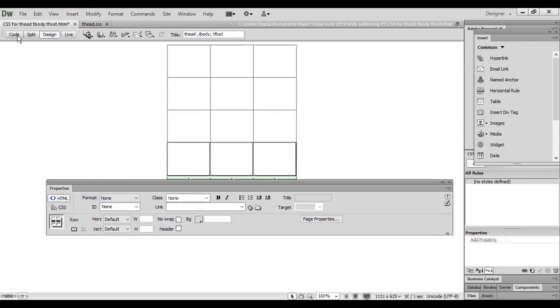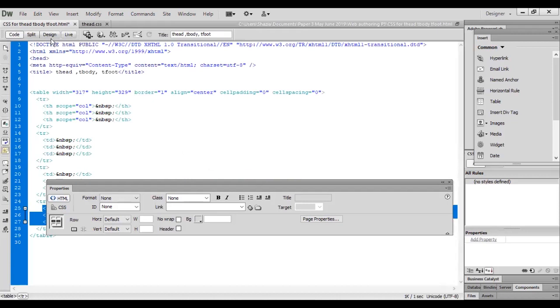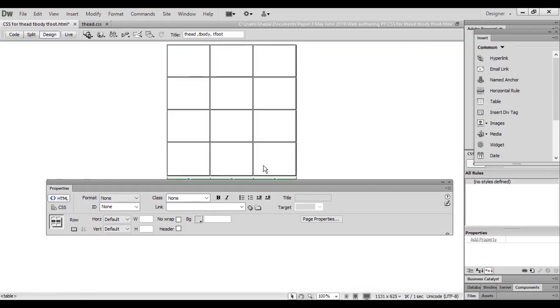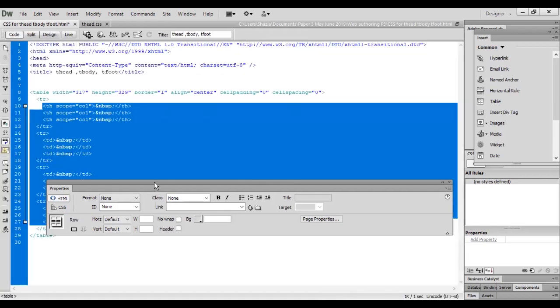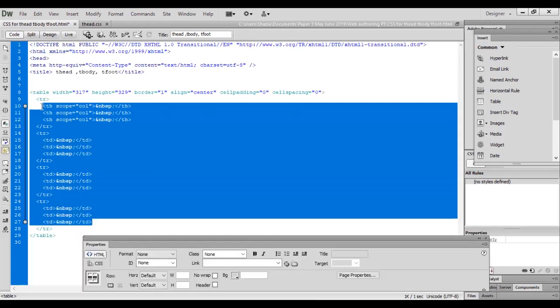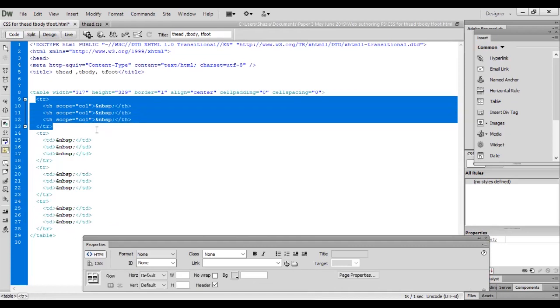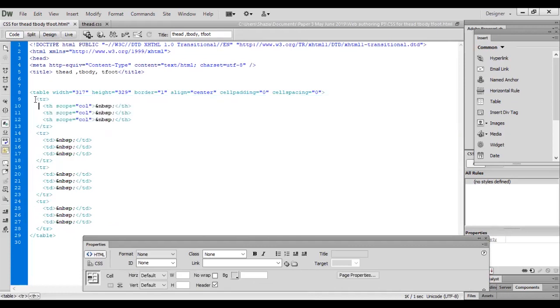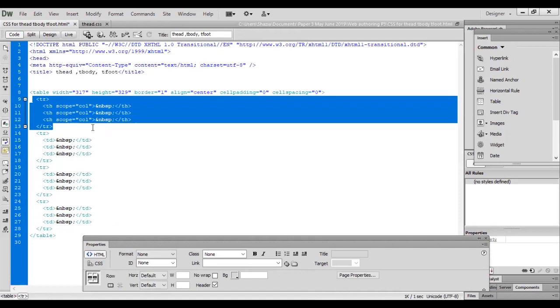If I select my table like this, you just see this shaded area on the top row. This is my T head. I am going to define the top row with the 3 columns as T head.